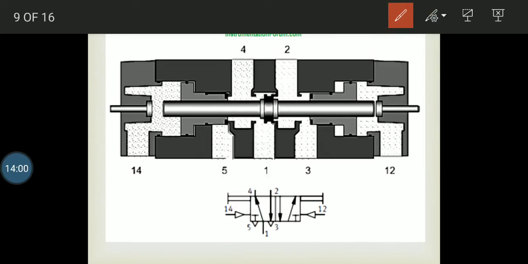Now when I am having a second type of motion, in which port number 3 will be blocked. Piston will move from the right to left direction, which will block port number 3, and hence the motion will take place from 1 to 2 and from 4 to 5, blocking port number 3. This is the complete motion of the piston, okay.